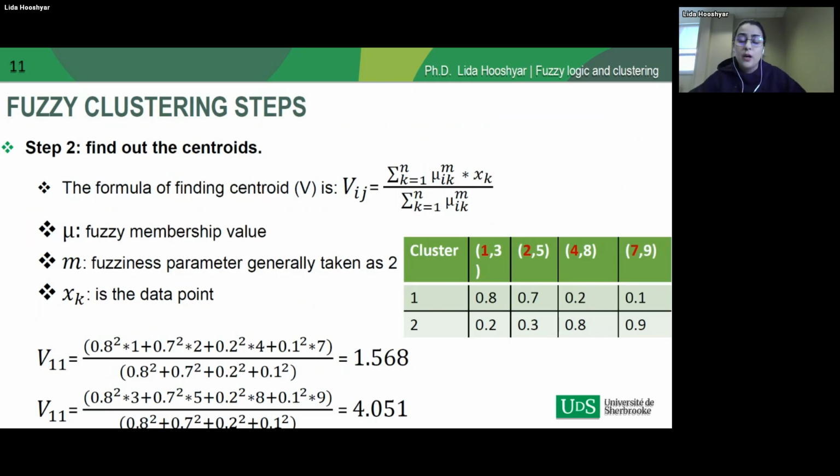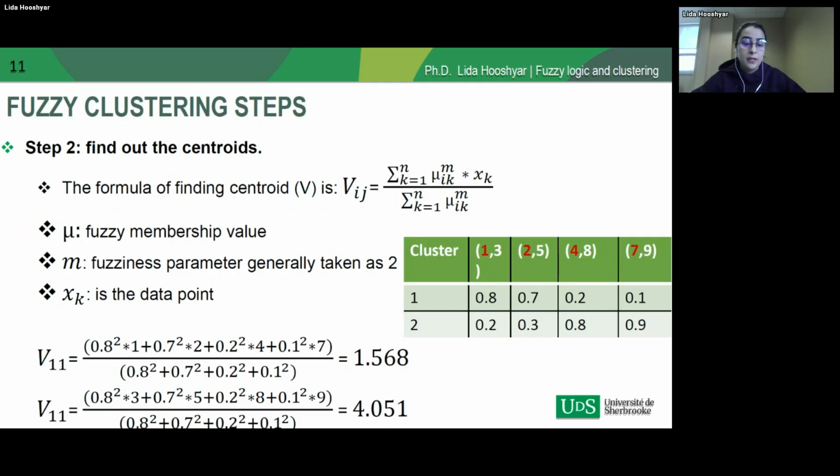The formula V_ij is related to computing the centroids. Here μ_ik is the membership degree of element k in the cluster i, and M shows the stages. Each time we update the membership degrees, M is not too high, sometimes 1, 2, or 3. And after that,